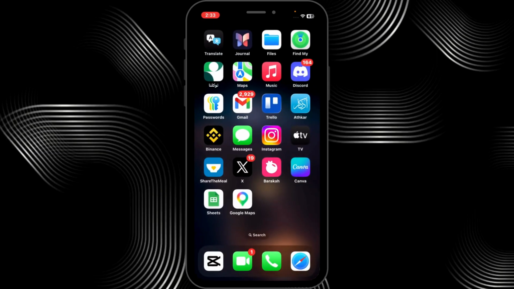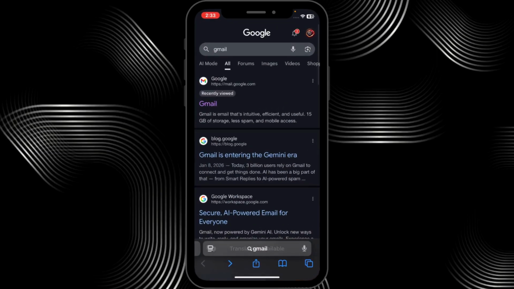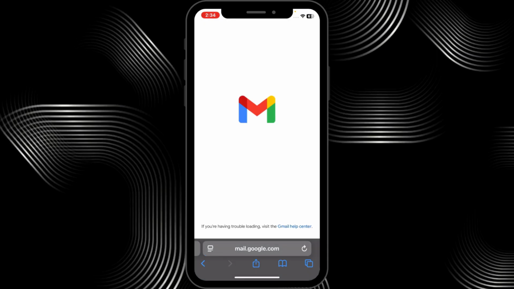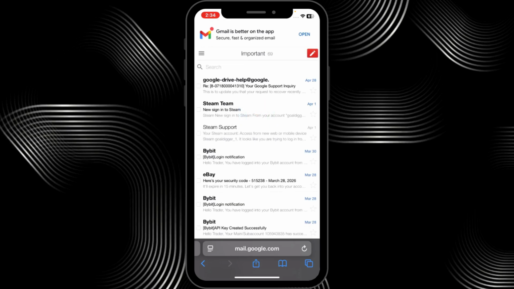So let's go back to our screen, hit our browser, or Safari in my case. Go ahead and search for Gmail. I'm gonna go ahead and log in using the same account in my Gmail app. Now what I'm gonna do, I'm gonna click the screen icon next to the Gmail domain, bottom left,